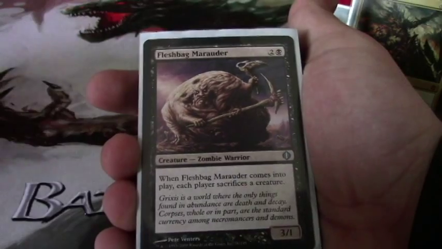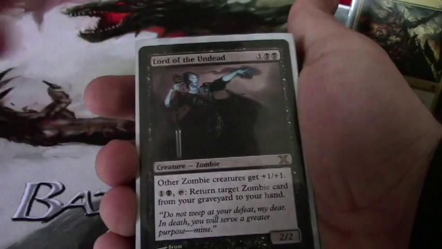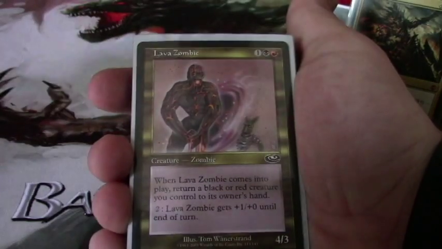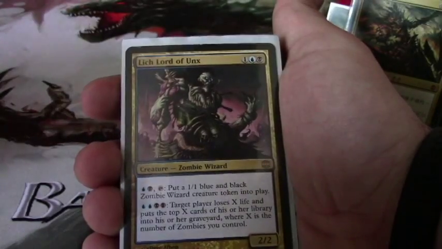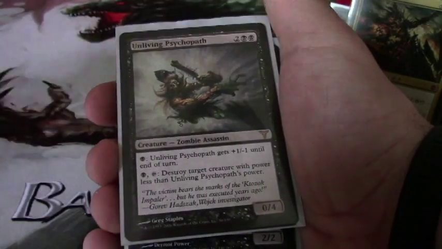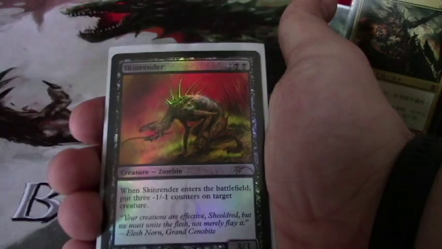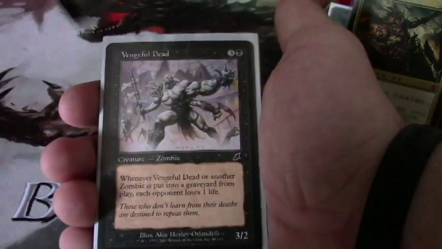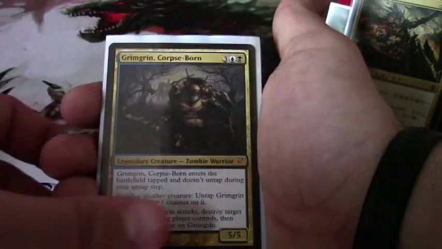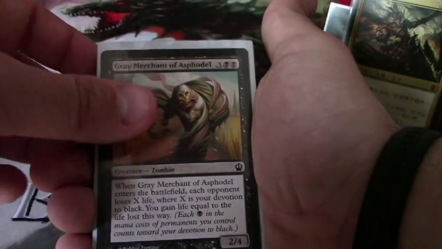Death Baron, I can't read apparently, Fleshbag Marauder, Zombie Master, Sidisi's Alchemist, Lord of the Undead, Cemetery Reaper, Zombie Trailblazer, Lava Zombie, Necromancer, Diregraf Captain, Lich Lord of Unx, Unliving Psychopath, Gravedigger, Grave Defiler, Skinrender, Undead Warchief, Liliana's Reaver, Vengeful Dead, Grimgrin Corpse-Born, Phyrexian Delver, Havengul Lich, Grave Merchant of Asphodel,